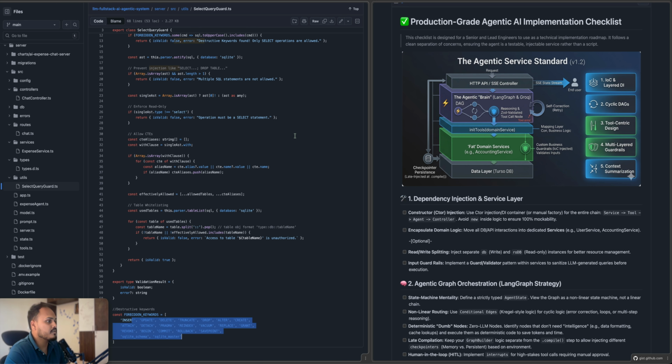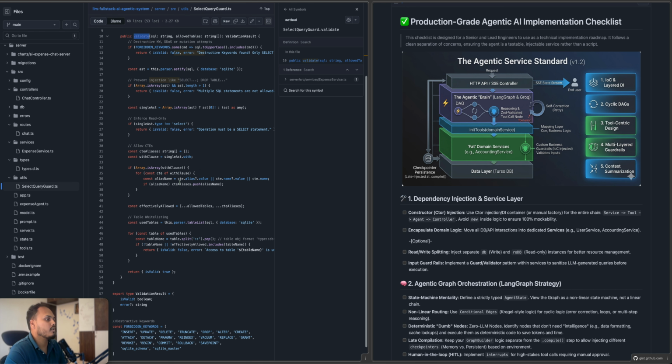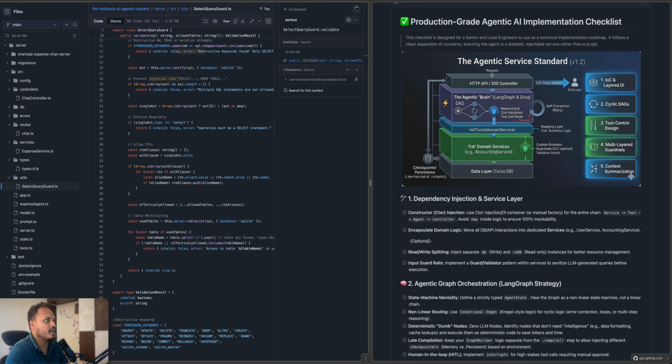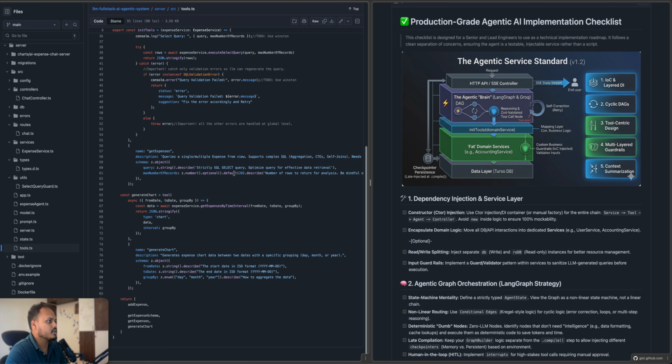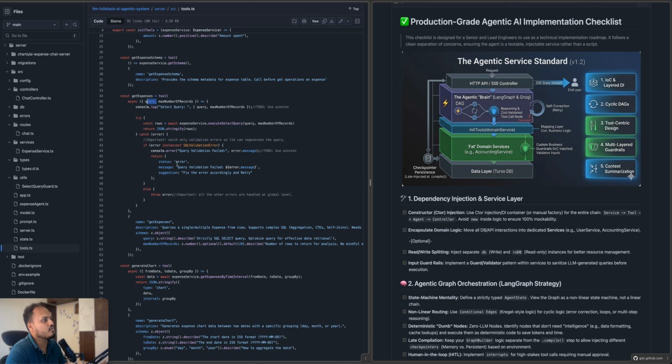So who keeps that in check? This SQL guard, this validator for each query that it generates while it consumes a tool. If you see this tool, that get expense. In this get expense tool, I made my LLM itself generate a query for me. You see this? The input to this tool is query, and who is generating this query? Whoever is the user of this tool. And who uses this tool? The LLM uses this tool. If you see this input,